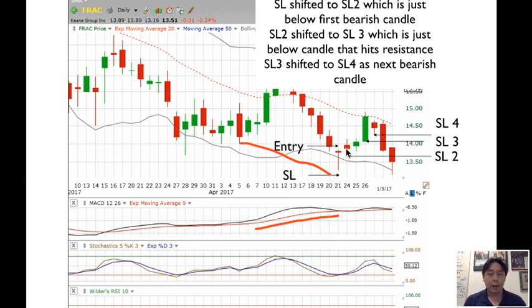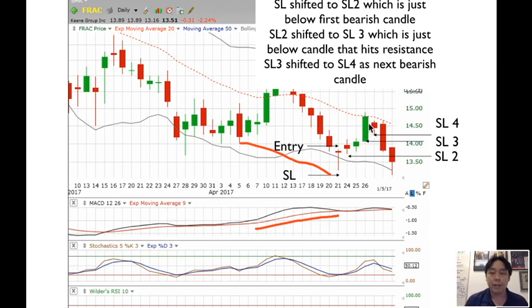The next day, the price doesn't go down, right? It goes up. So we have another bullish candle. So does this stop loss get hit? No, it doesn't. All right, so we keep the stop loss there. Okay, so with a bullish candle. Now the next day we have another bullish candle. Boom,